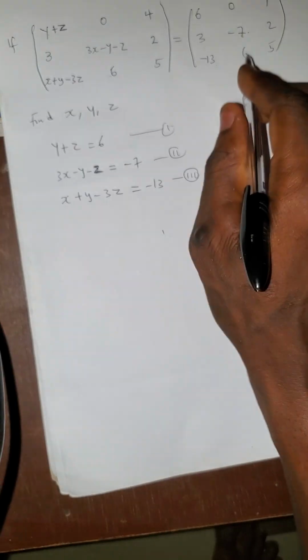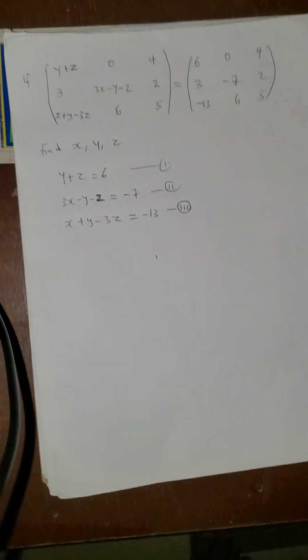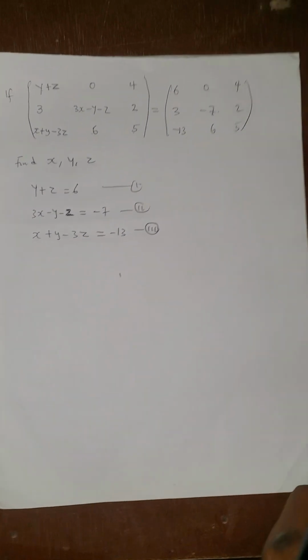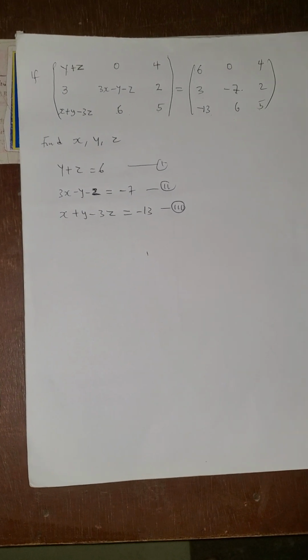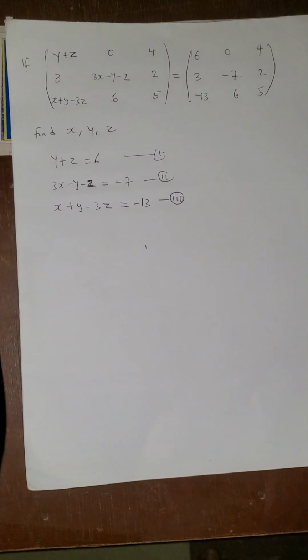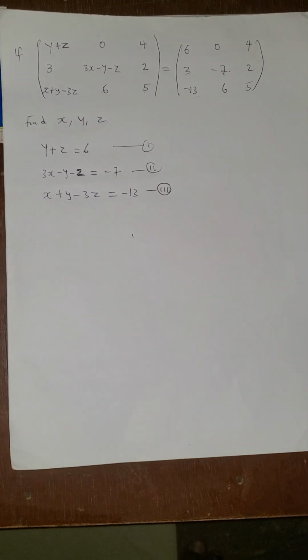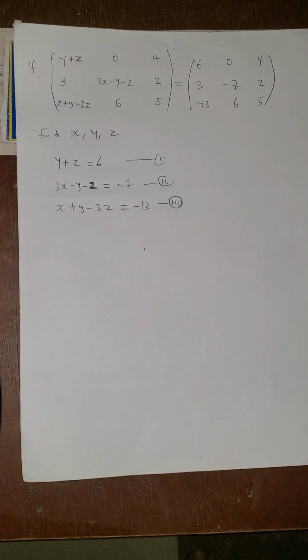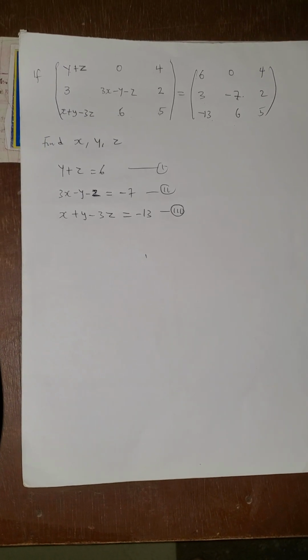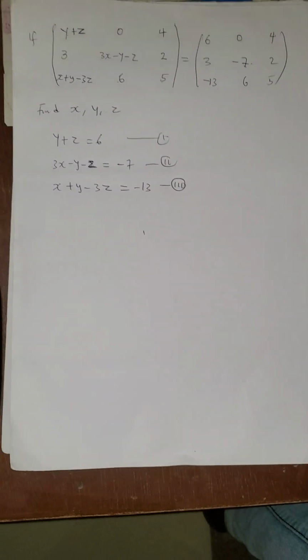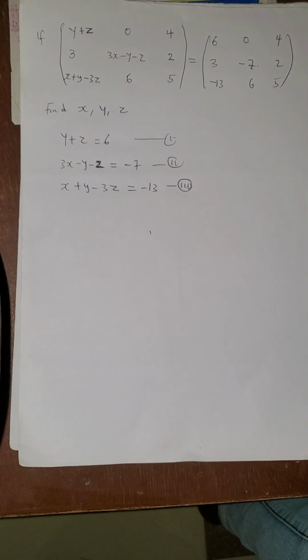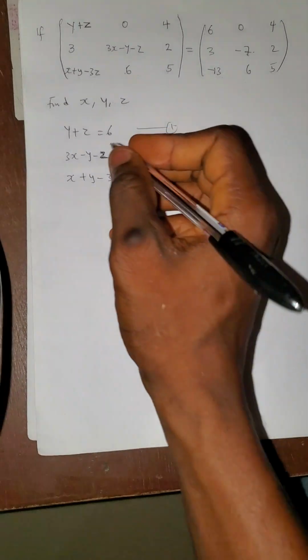6 is equal to 6. 5 is equal to 5. Now, if you check this very well, you can use any method to solve this question, but let's solve using the normal method first before we go into the calculator method. Now, if you see this question, in this equation, we can just say that from equation 1,